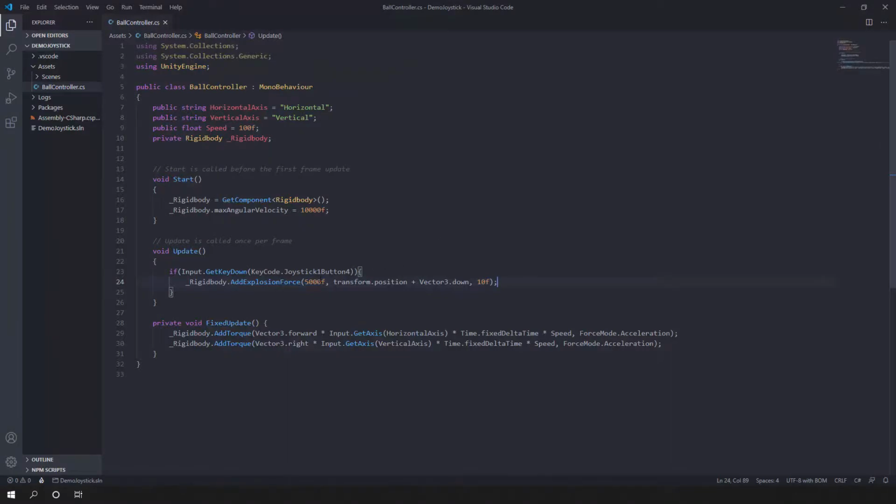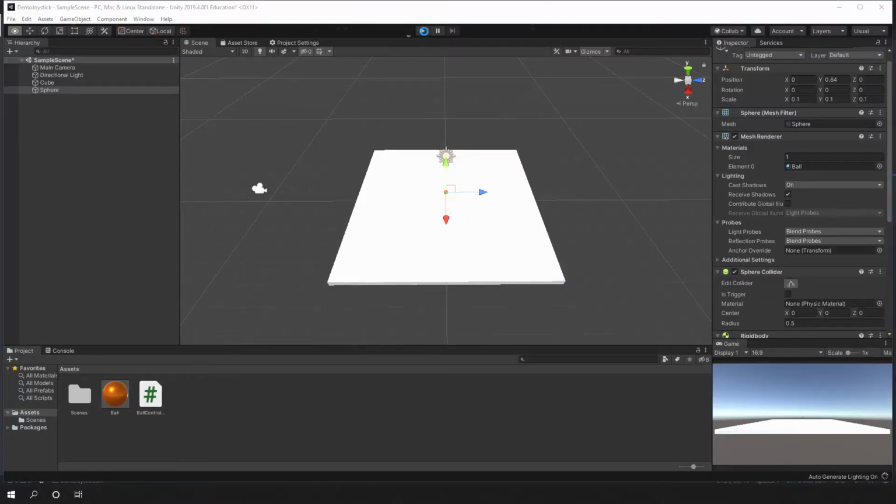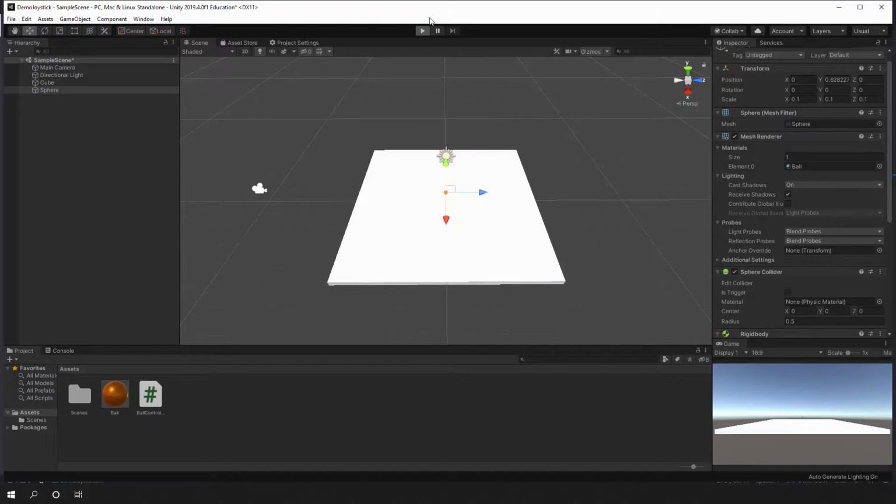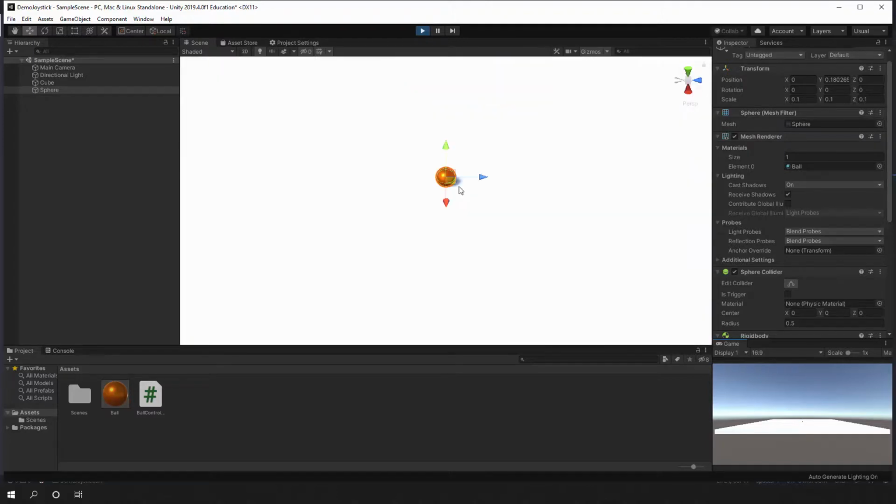So if I just reduce this maybe to 50, it's easier to see. You can see with LB how the ball is jumping. So if I move, I can be jumping around.